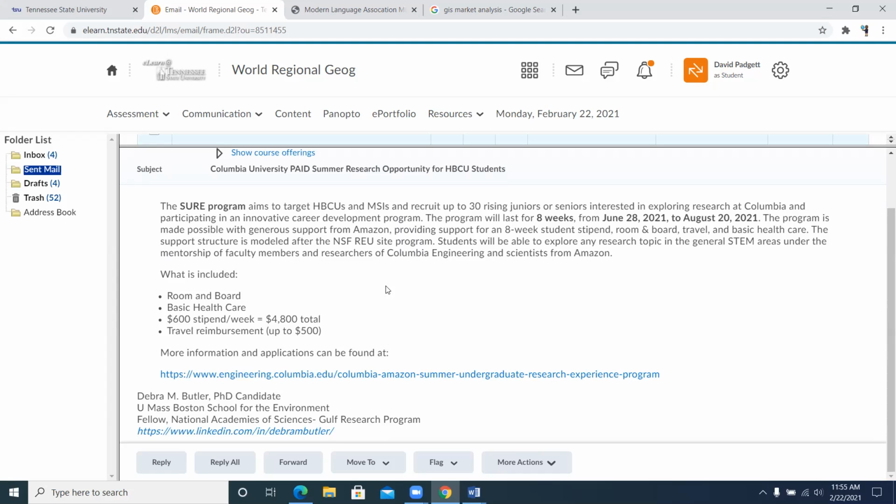Now, if you're a freshman, Caden or Cabrera, don't worry. Keep this in mind. Just bookmark these kinds of opportunities so that you'll be ready next year. I would advise you to just go ahead and apply even if you aren't a rising junior or senior, because